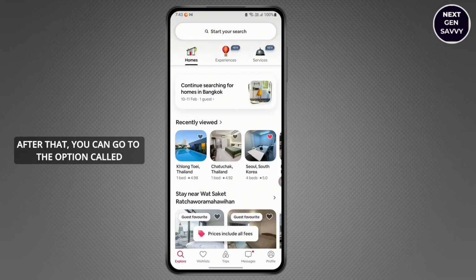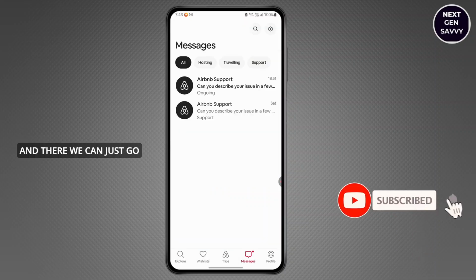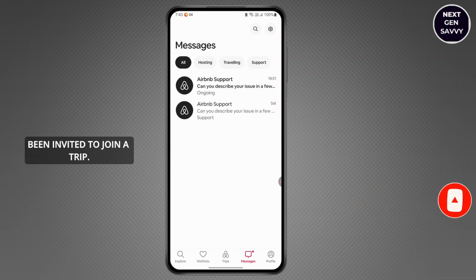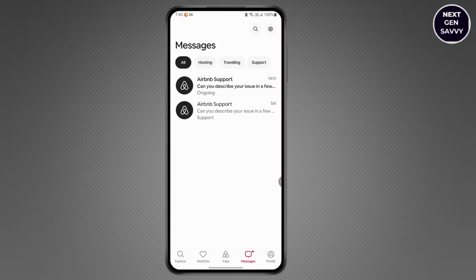After that, you can go to the option called inbox of messages and tap on it. And there we can just go over and open up the message that says that you have been invited to join a trip. You can tap on that in order to accept the invitation and you will be added to